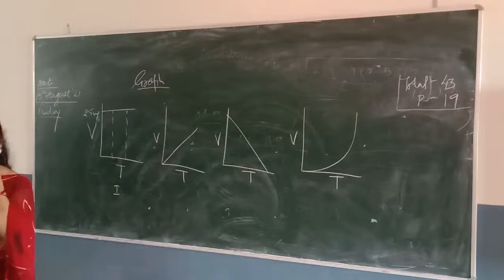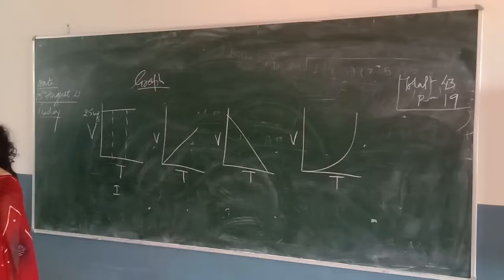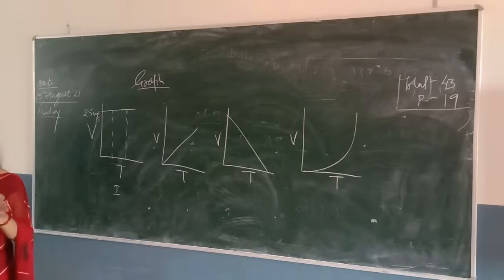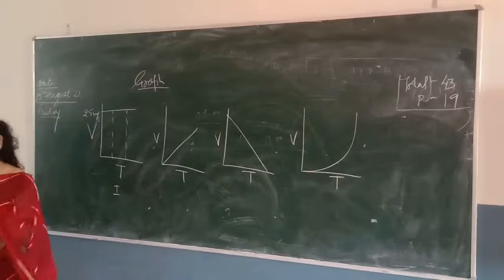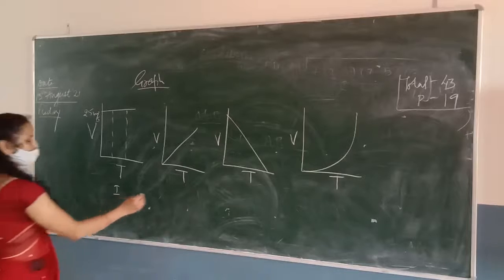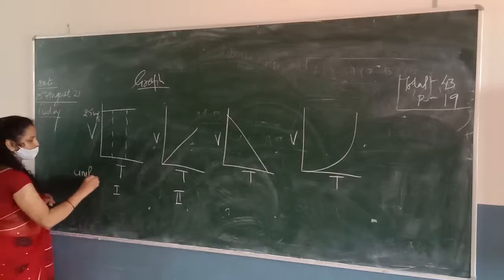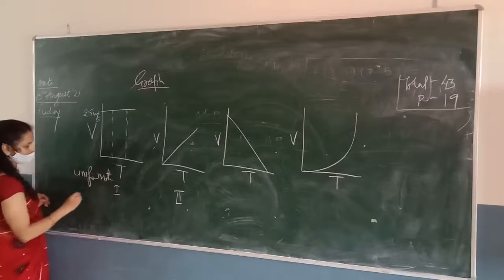Acceleration 0. You should know one thing, that if the velocity of the body changes, then it has acceleration. Or if the velocity of a body is constant, if this velocity is not going to change, its acceleration will be 0. So a body has an acceleration 0 if its velocity does not change. And what about the second graph? What type of motion is represented by this graph? This is uniform motion, or we can say uniform velocity, and acceleration will be 0.